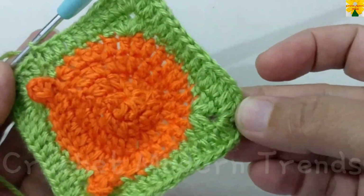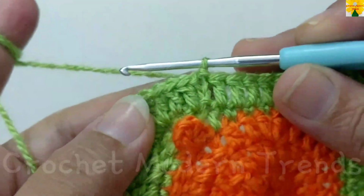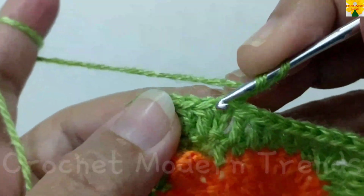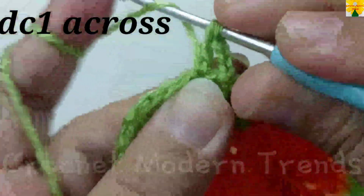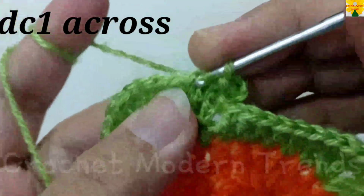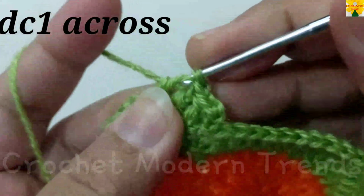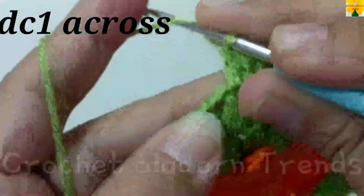When the round is complete, we join the stitches on the top of the 4th stitch with slip stitch. Now on the top of each stitch we have to do 1 double crochet. Double crochet 1 on the top of the next stitch, 1 double crochet on the top of the next stitch, double crochet 1 on the top of the next stitch and double crochet 1 on the top of the next